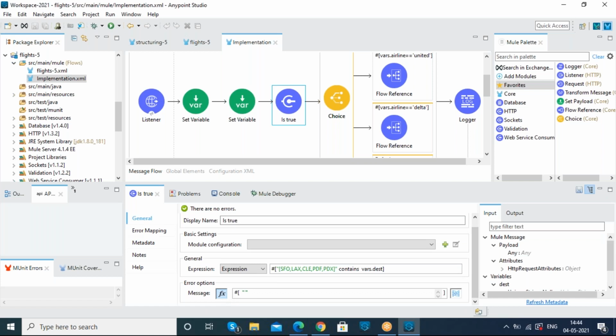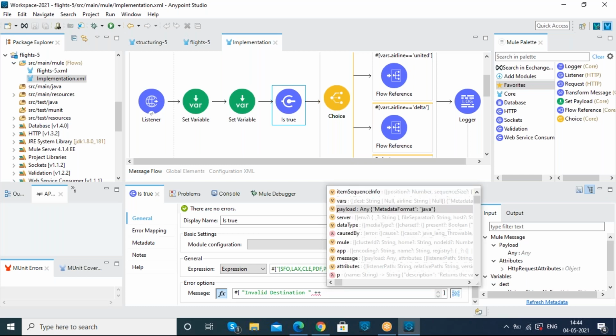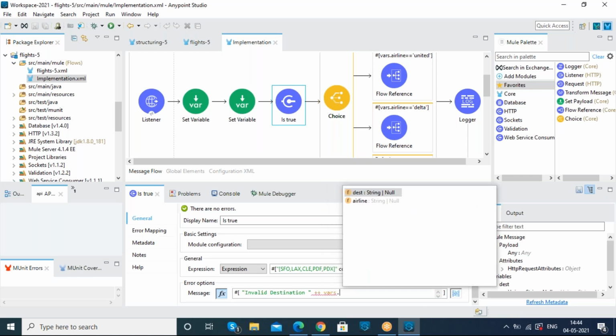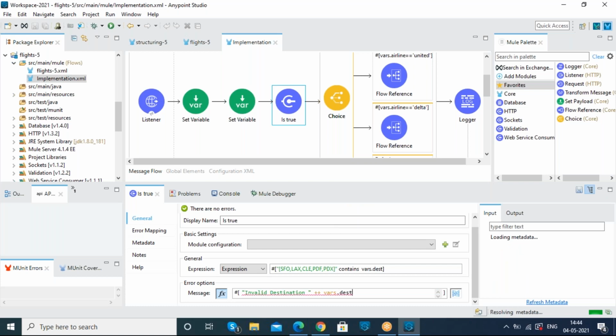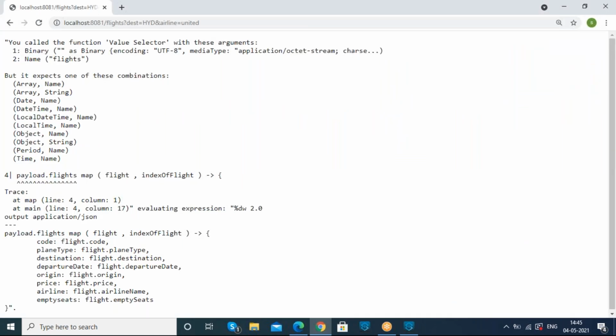If not, I want to display the message "invalid destination" plus vars.dest. So if any user requests any other destination parameter, it will display invalid destination along with whatever destination was requested.